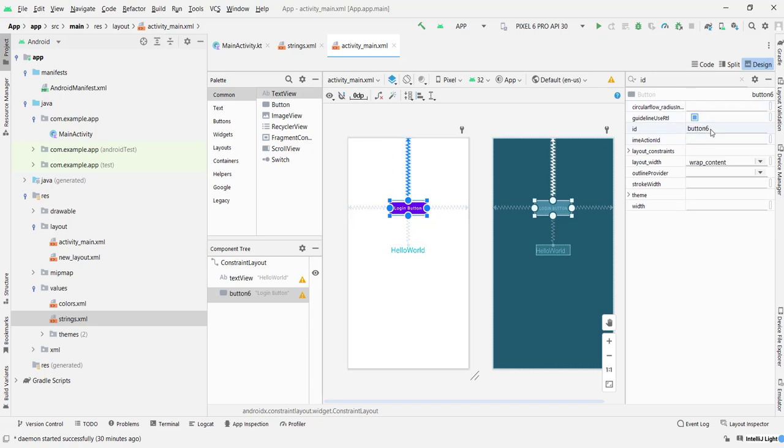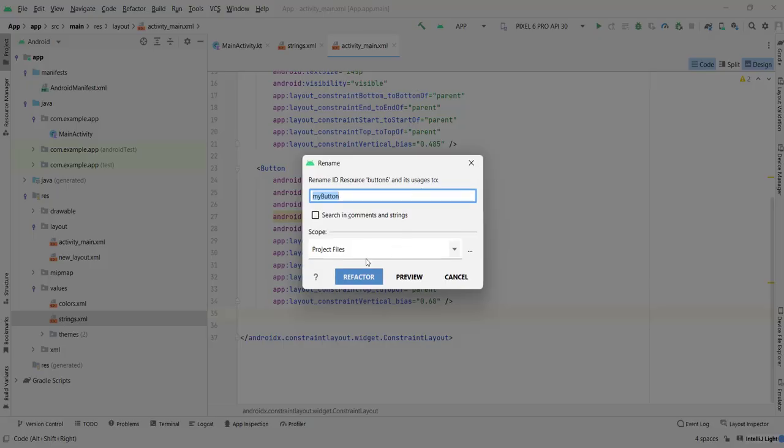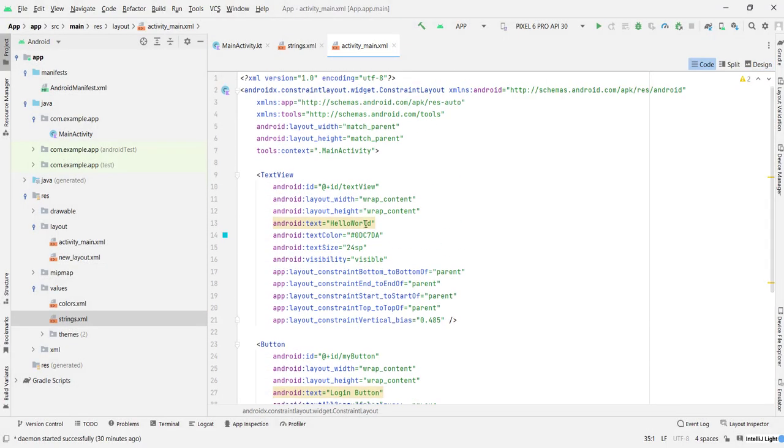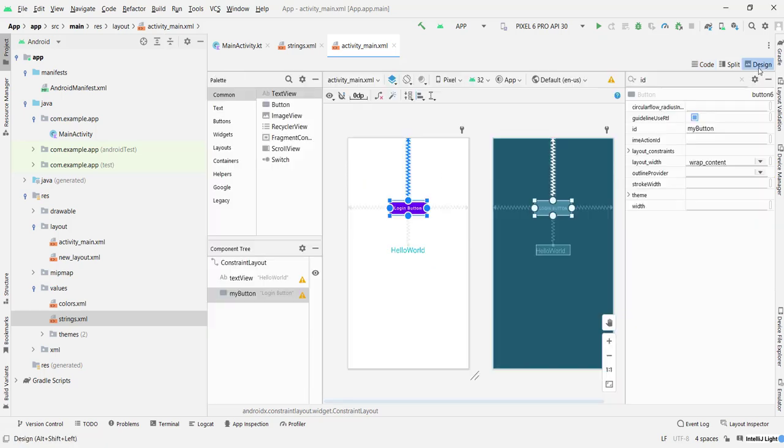Now the ID for the button is button 6, and let's change it to my button. Alright, let's go to code to see what we have. I have to refactor, and here you don't have my text view because I didn't click on refactor previously. So let's go to the text view again,